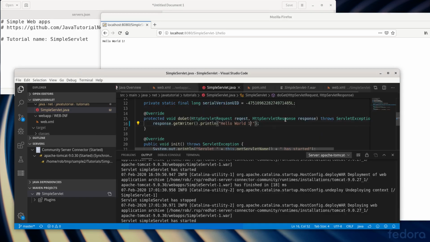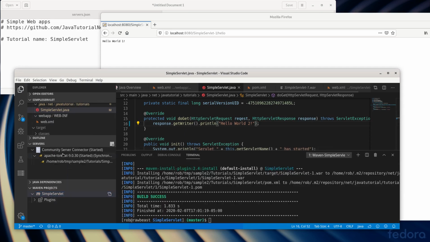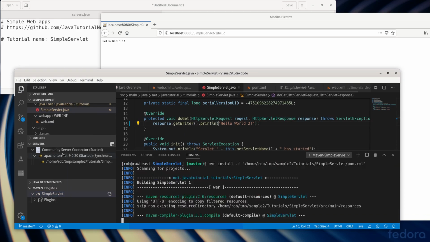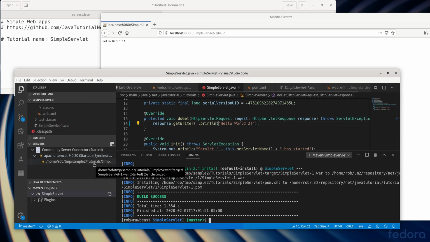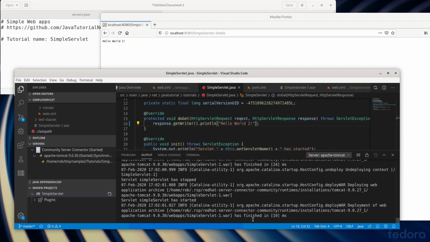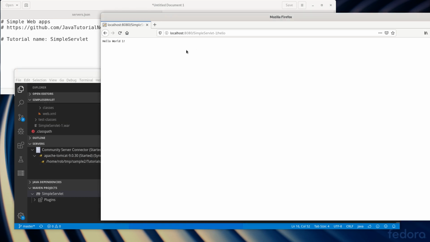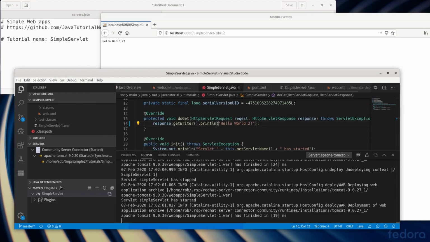We can change that again just so you can see how that works. Just by saving it, it doesn't rebuild the project, so we still have to go and rerun the Maven command. But when we do that, the output file, simpleservlet-1.war, changes. The server recognizes the change, it copies it over, and then we wait for Tomcat to recognize it. It says right here, Tomcat has now recognized. We can try to refresh that page, and we see hello world 2. Now this is how you deploy